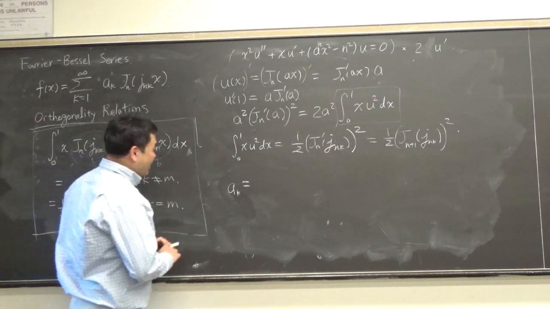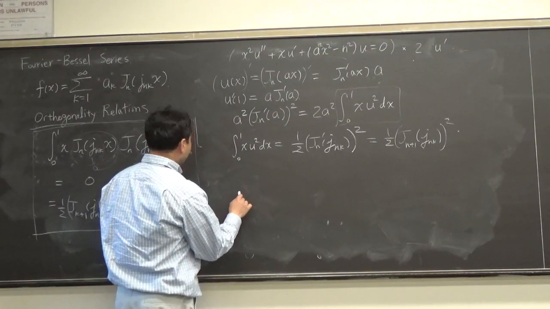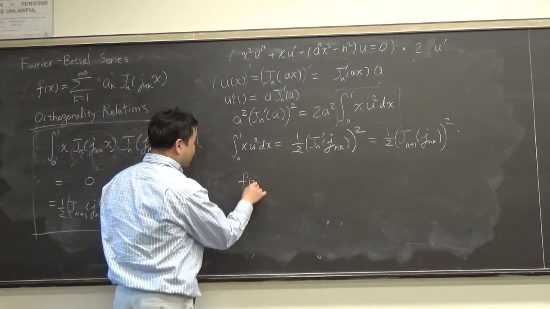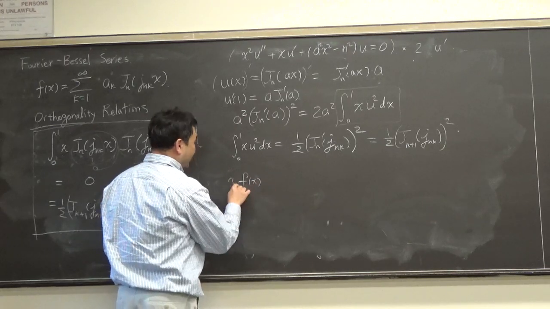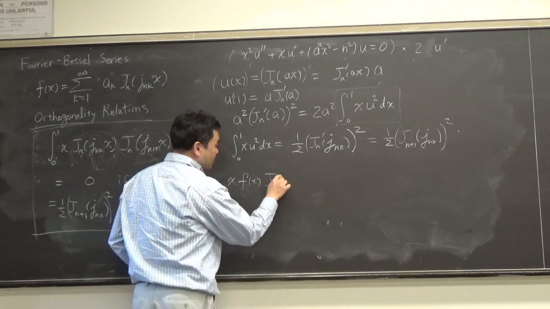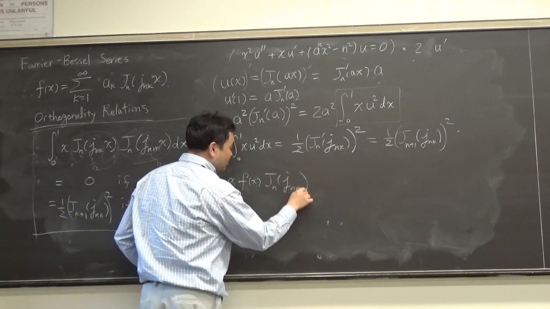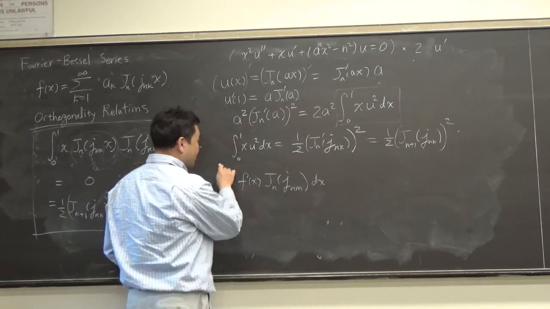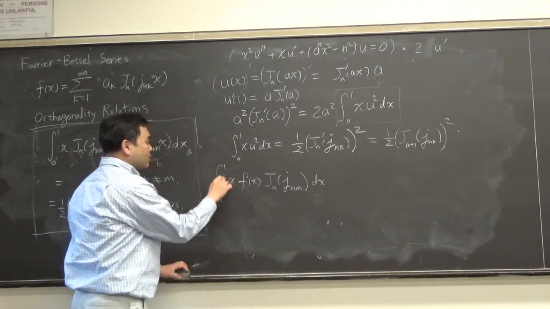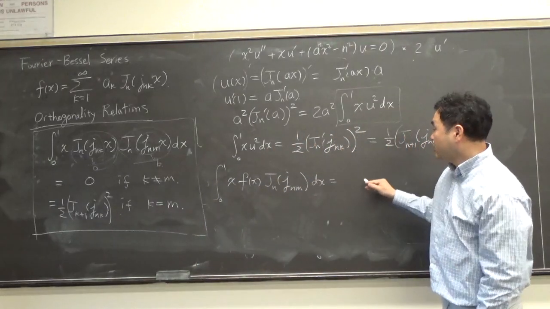Let's call this am. So if I take f of x and multiply this by x times jn of j n m x dx, and integrate from 0 to 1,